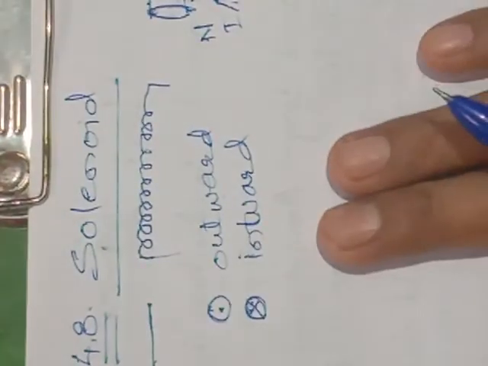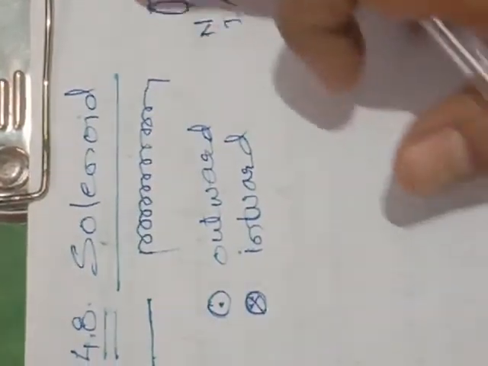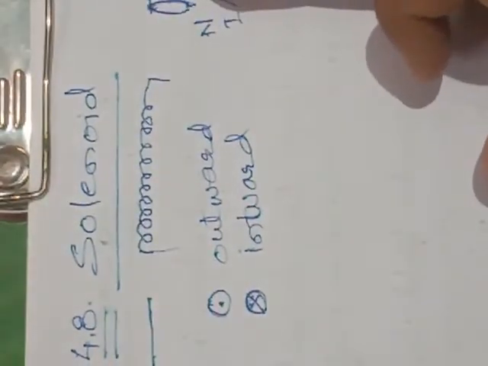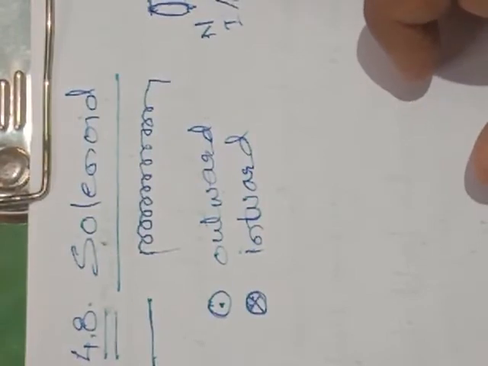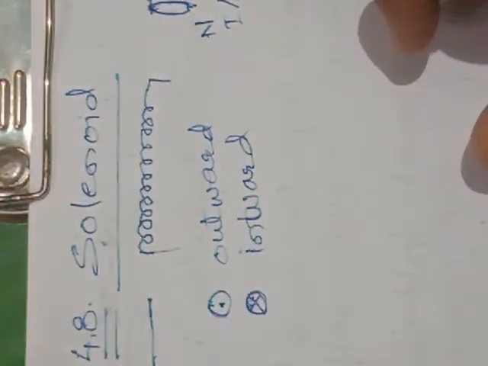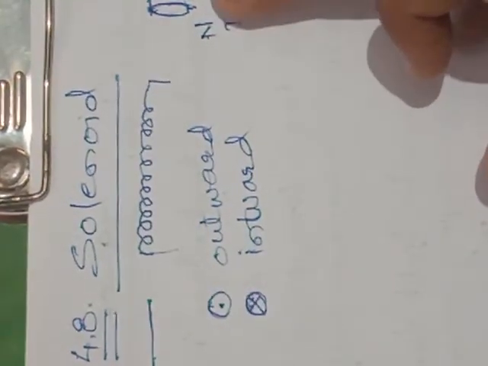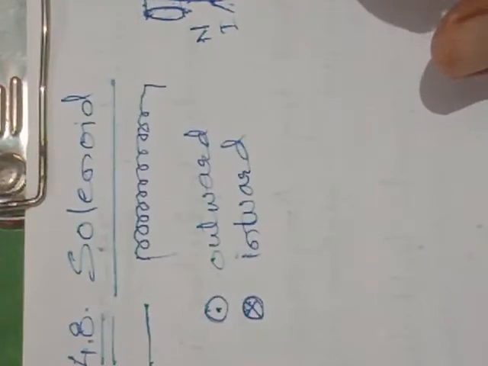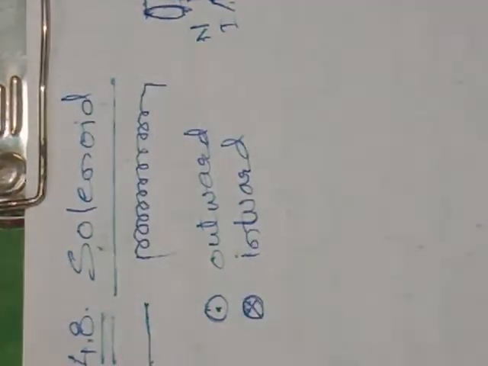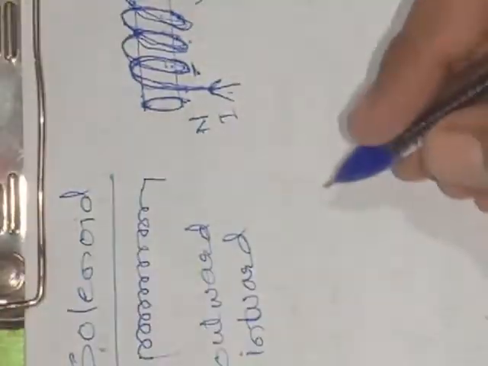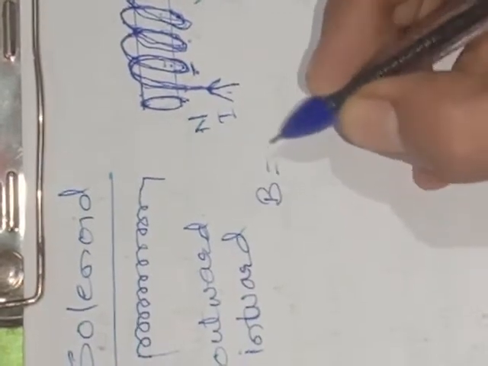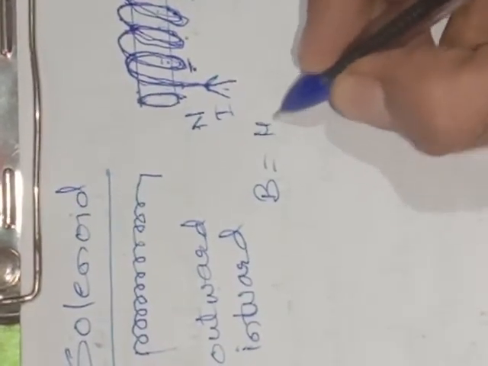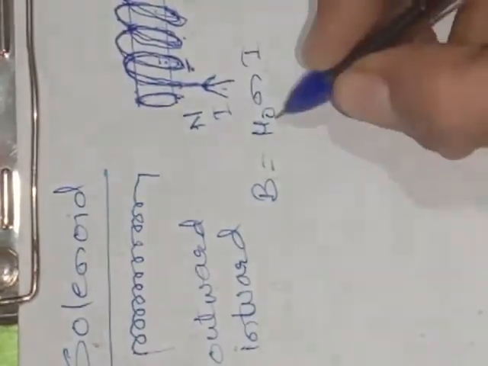Whatever the current flowing through the first coil, the same amount of current will flow through the second coil. The same amount of current will be flowing through the third coil. So depending upon how many turns of the coil have been made, the magnetic field will be increasing. So the magnetic field due to this particular coil is given by B is equal to mu naught N I,